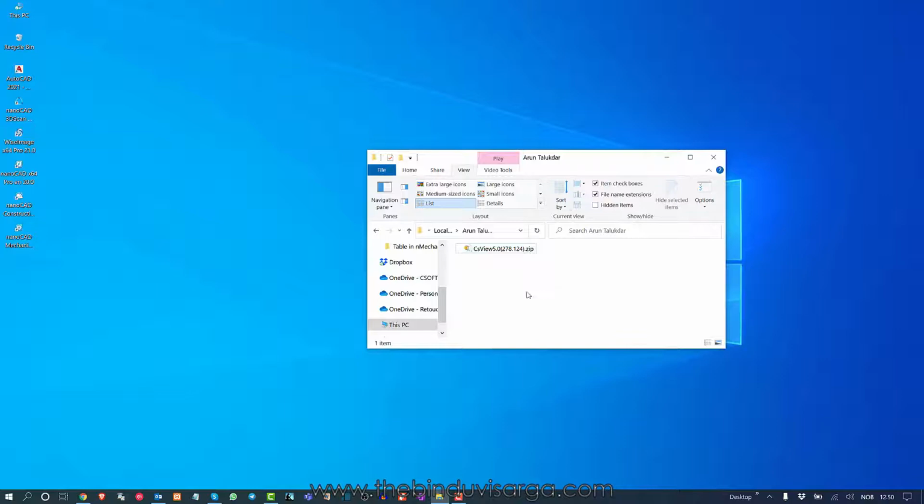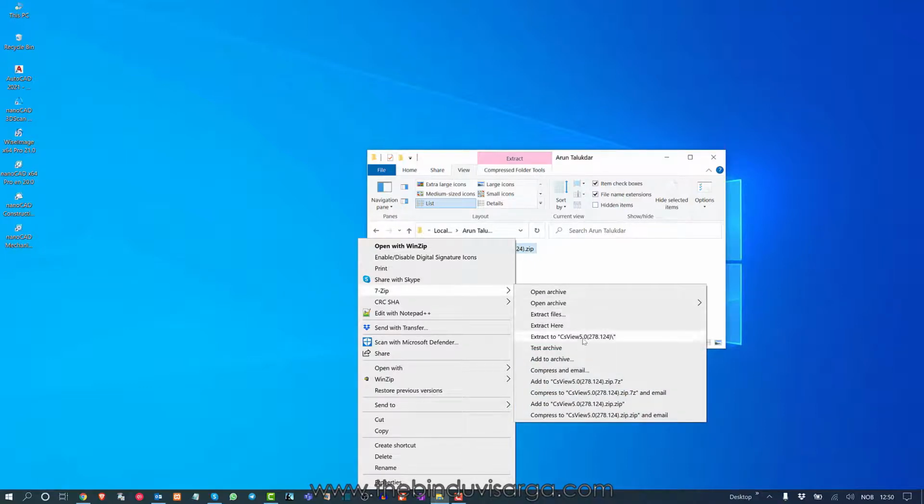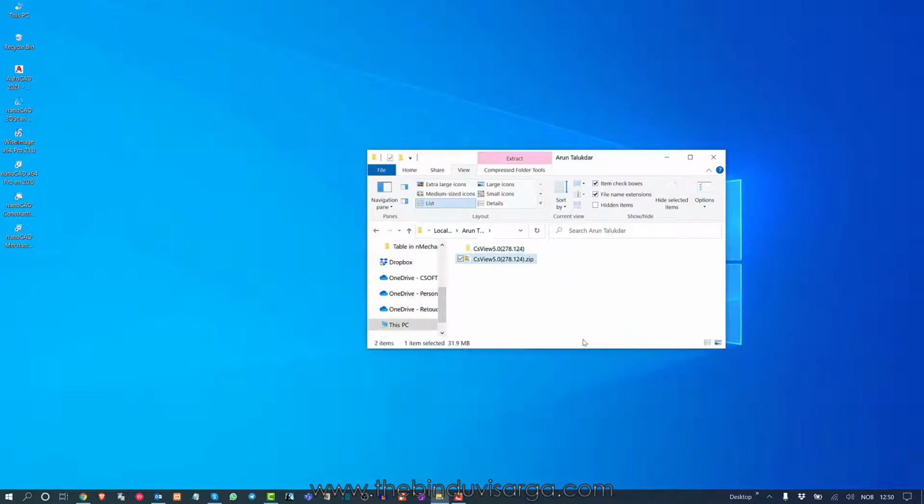Make sure you get the build which has the same number. So it is CSView 5.0 278.124 zip. First thing, I will unzip the whole build. So it is now unzipped. I'll double click on this setup. I'll say yes,